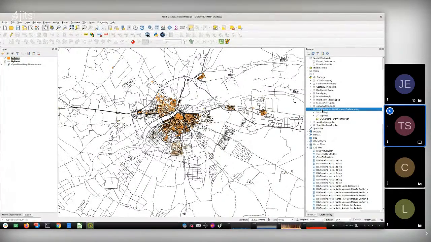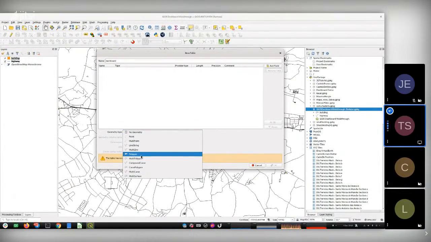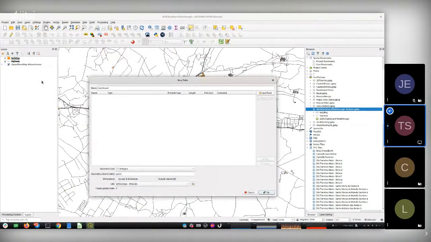Okay, so we're going to create a new table, and we're going to call this one dashboard. And it now needs to have the fields added. So the first thing we want is to tell it that we want to use a polygon geometry. And one of the tricks that we're going to do is the geometry of this dashboard for every feature that we add to it is going to be set to the size of the world, so that if we pan and zoom, the labels are always in scope of whatever is on the view